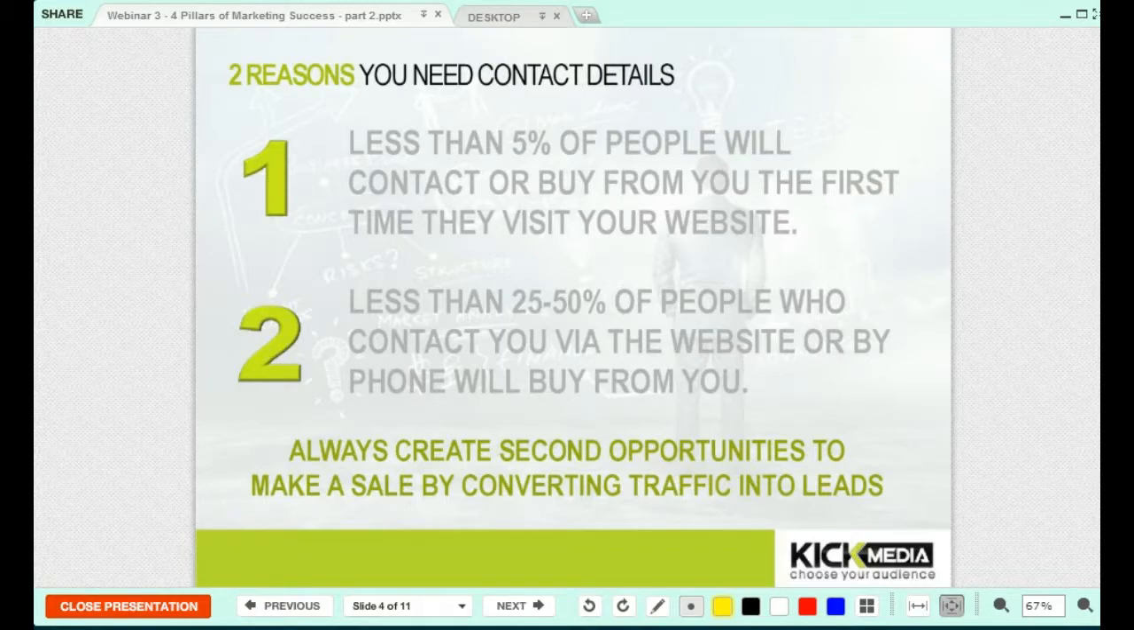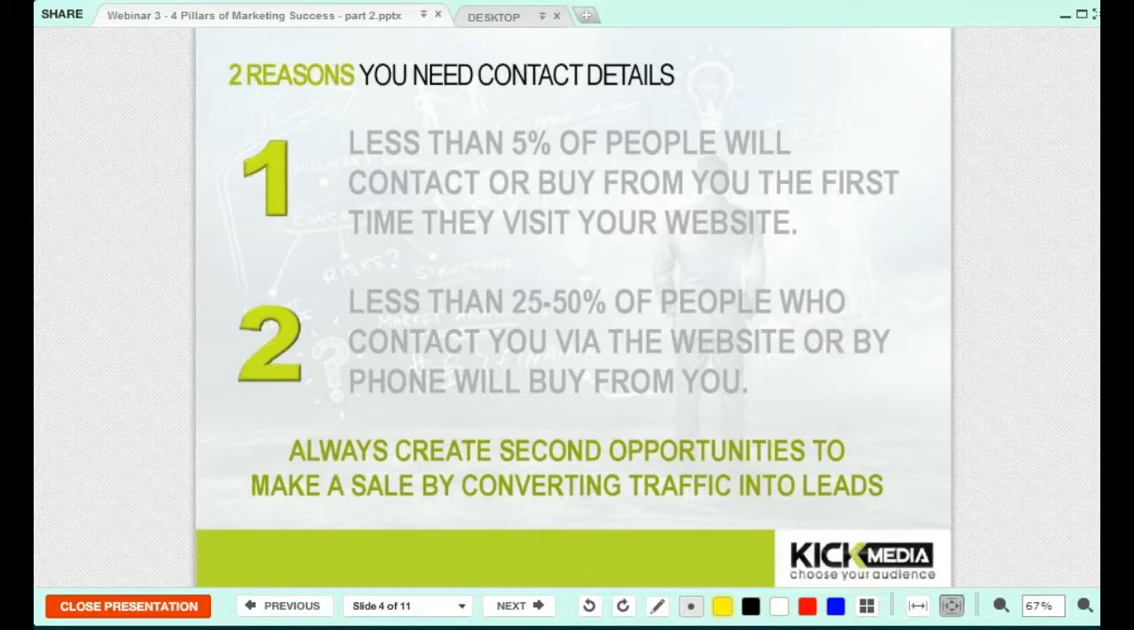Okay, and the second reason is that, depending on your industry, less than 20 to 50%, sometimes less than 10%, of people who contact you via the website or by phone will actually buy from you. So your sales conversion rate of the leads that you obtain, if you can increase that from 25% to 50%, you further double your yearly income from $140,000 a year to $280,000 a year, just by focusing on how